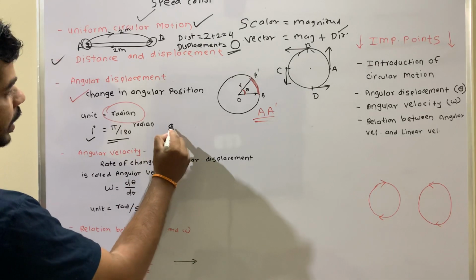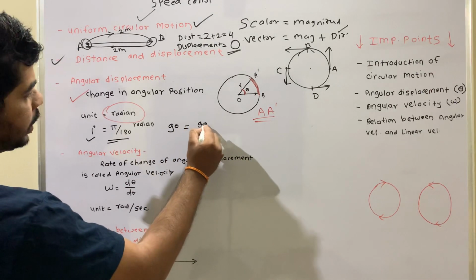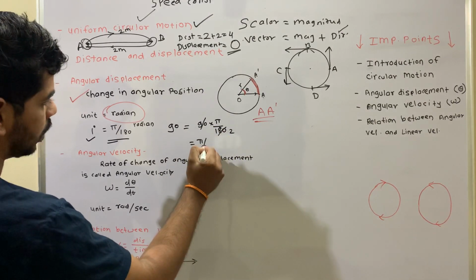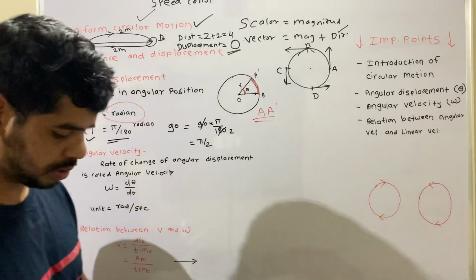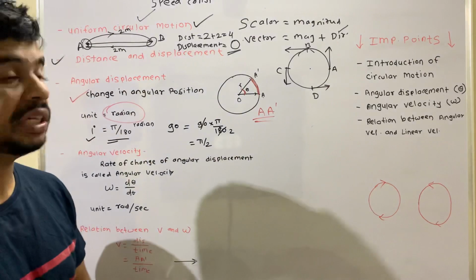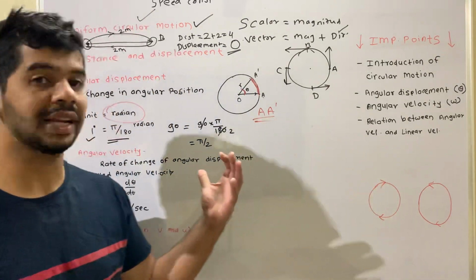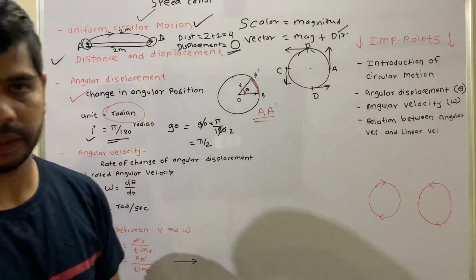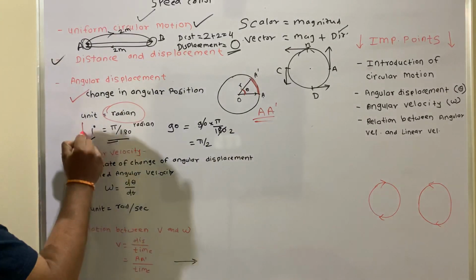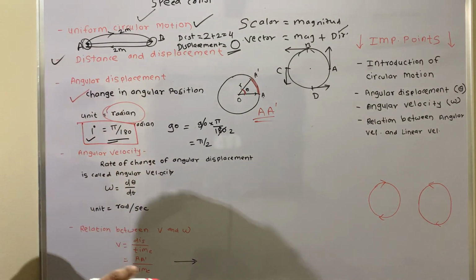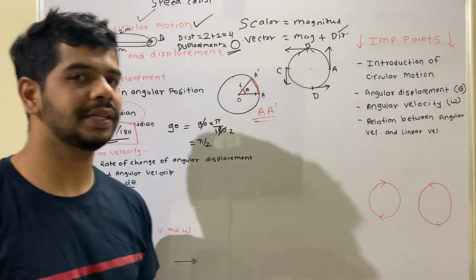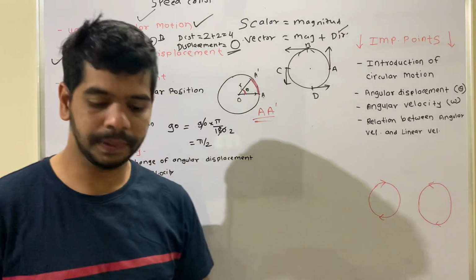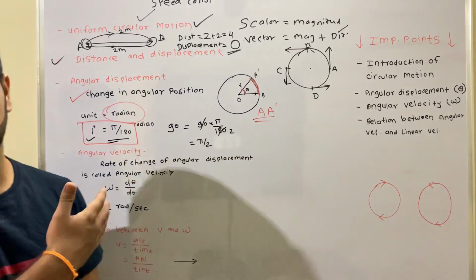Suppose you are taking 90 degree. So 90 degree means 90 into pi by 180, which is pi by 2. In trigonometry, we use these things, right? Sin pi by 2, cos pi by 2. Most students are familiar with that. But just see the conversion. 1 degree is equal to pi by 180 radian. And if I ask you radian to degree, then you say 180 upon pi. Degree to radian, pi by 180. I hope there will not be any doubt about this.